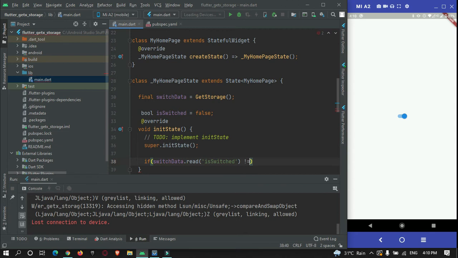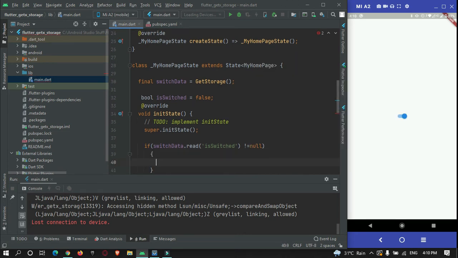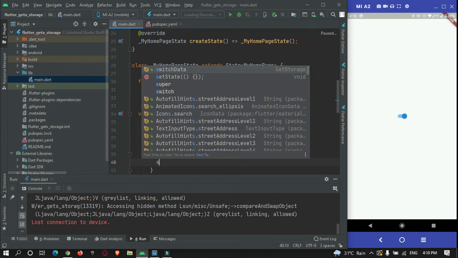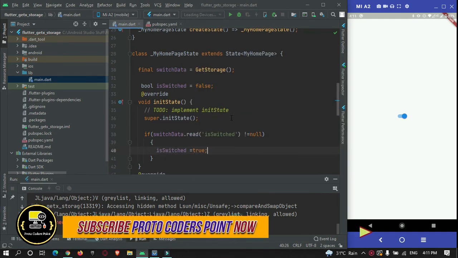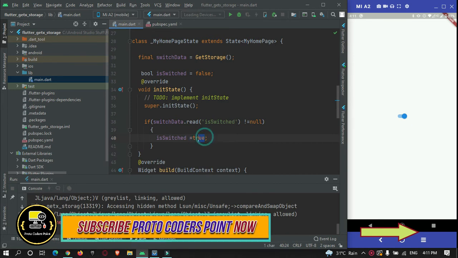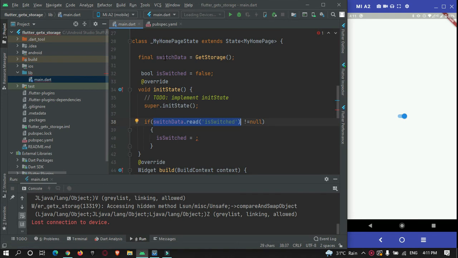If it is not equal to null, then we will change our switch data, is switch, to true or false. Here we must make use of the data that is stored in this getX storage. So just paste it over here.